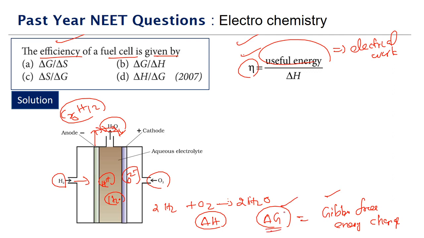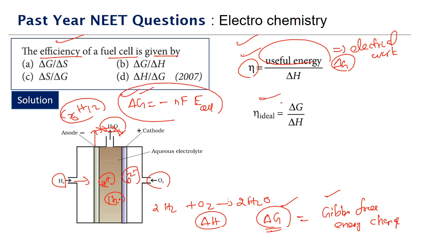So this delta G will be fully converted into useful work, electricity, if we are performing this in the fuel cell. Otherwise it will not happen. So if you talk about a fuel cell, then this useful energy will be equal to what? Delta G. Because for any electrochemical cell, the cell EMF value will be related to the delta G of the cell reaction. Delta G is equal to minus nF E cell. So the useful work here will be equal to delta G, because this is happening in the fuel cell.